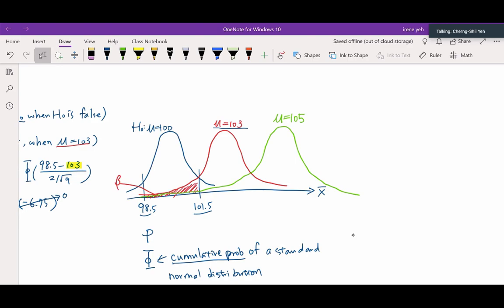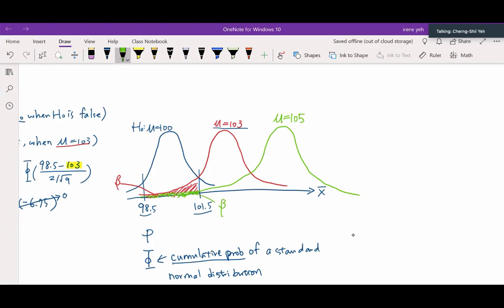105 is greater than 103, so it is on the far right compared to our hypothesis mean of 100. When it is far right, the overlapped area of the green distribution and the blue distribution is much smaller than the red area, because it is further on the right-hand side. So we know already this is my beta in